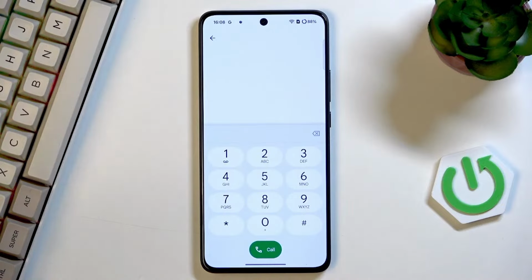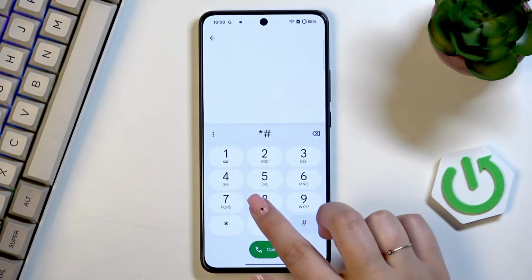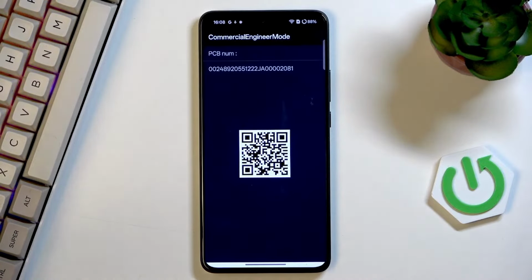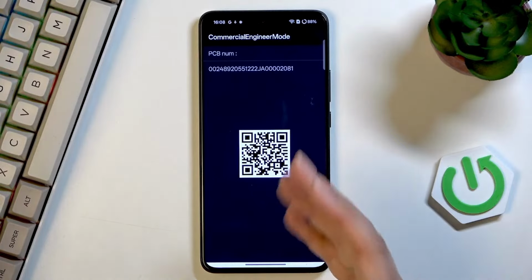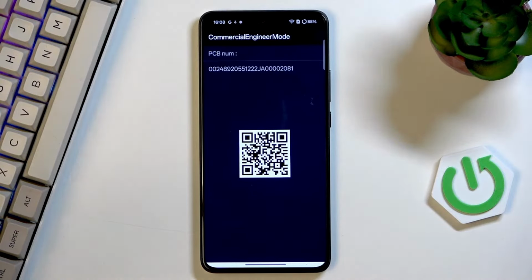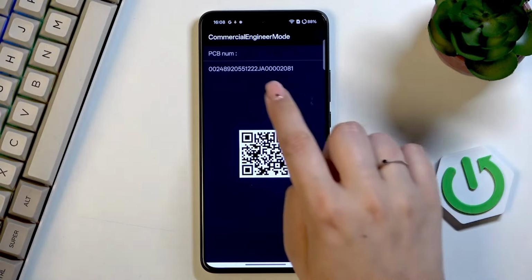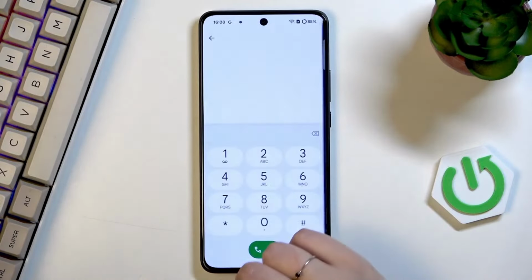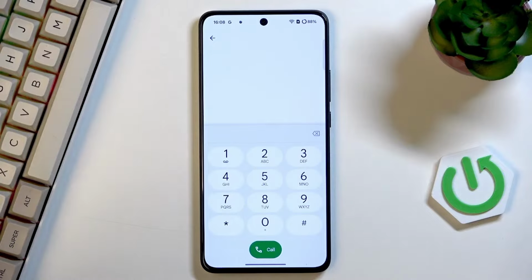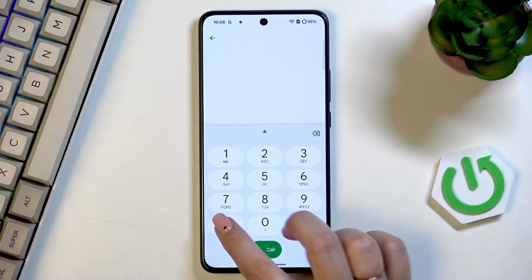Another code which is *#888#, and thanks to it we can scan this QR code to check some engineer information, and we can also check the PCB number here. And the last code will open the feedback menu. It is *#